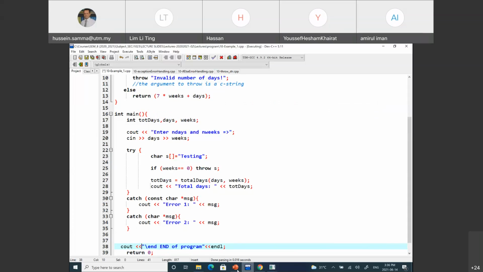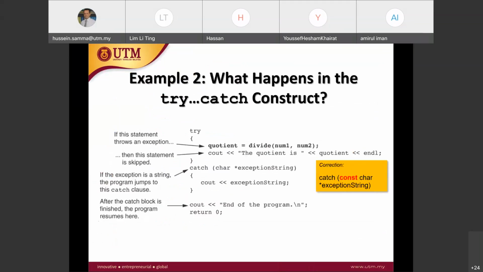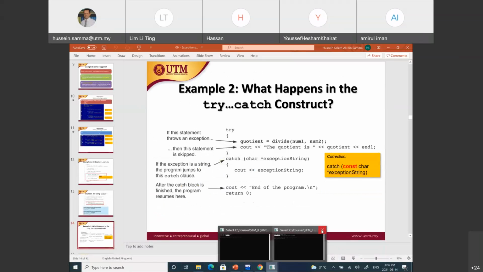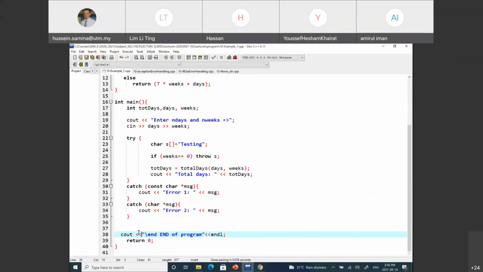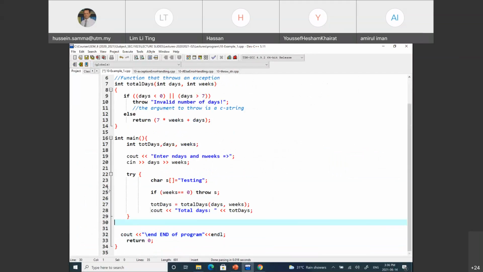Okay, so in this slide here, you see the flow of the program. If you have an error, after the error is displayed, you will continue here. So the program will not be terminated. If you don't have the catch here, the program will be stopped. So if we don't have the catch here, you will not see the last line as I explained previously. I will repeat here just this note. If you don't have the catch at all, you don't have the catch block. So what you will see,